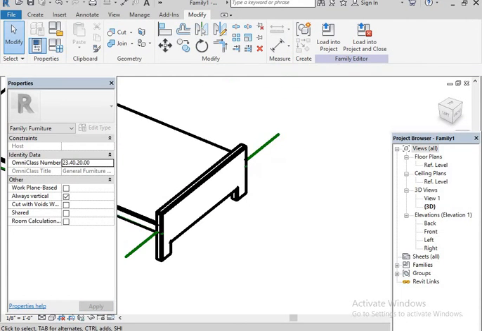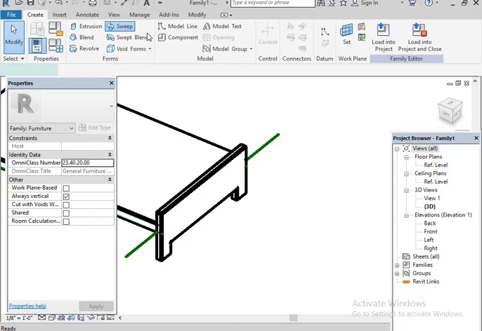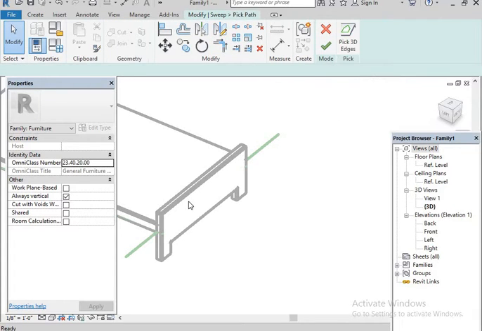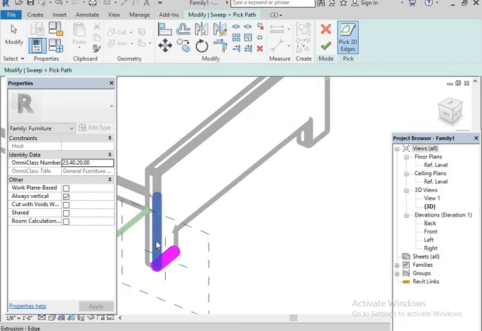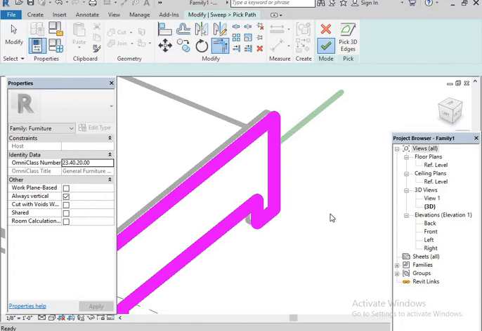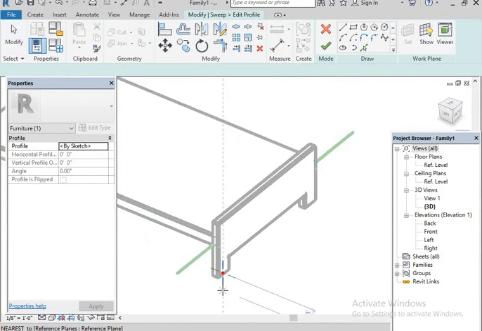In that, they are doing some designs. See here, in the corners they have some designs, so that's what I'm going to do in Revit. Here I'm going to select the Create Sweep option. In that we have two methods. One is Pick Path. Select the paths. After that give Finish. Then go to Sweep. Select Profile, Edit Profile.